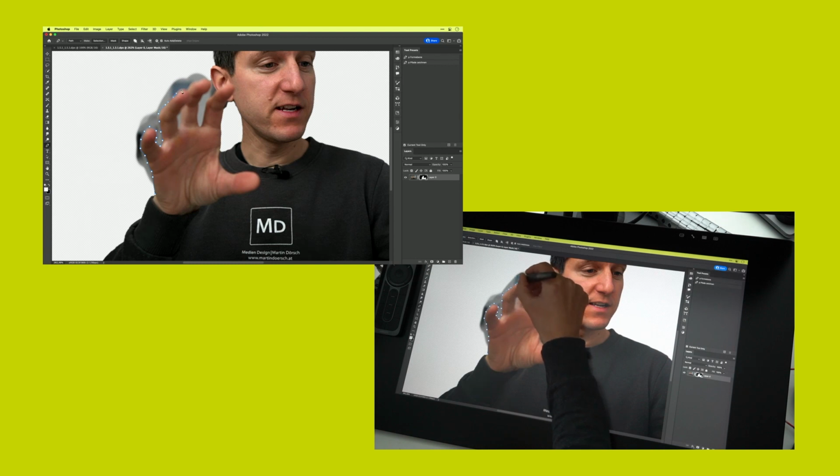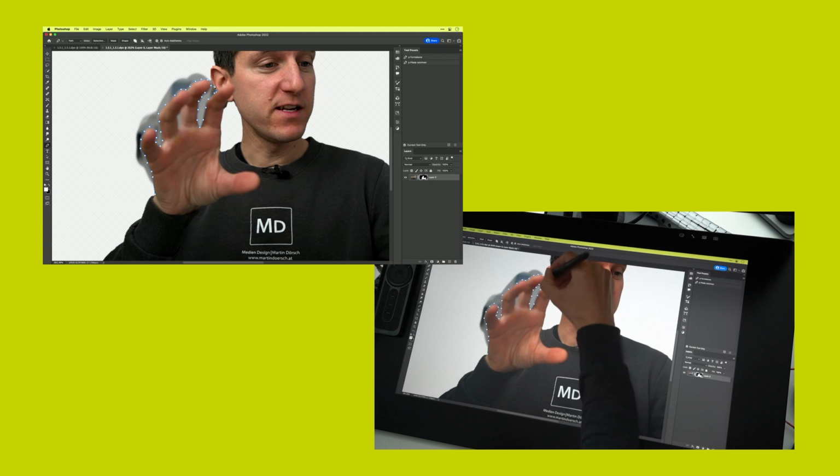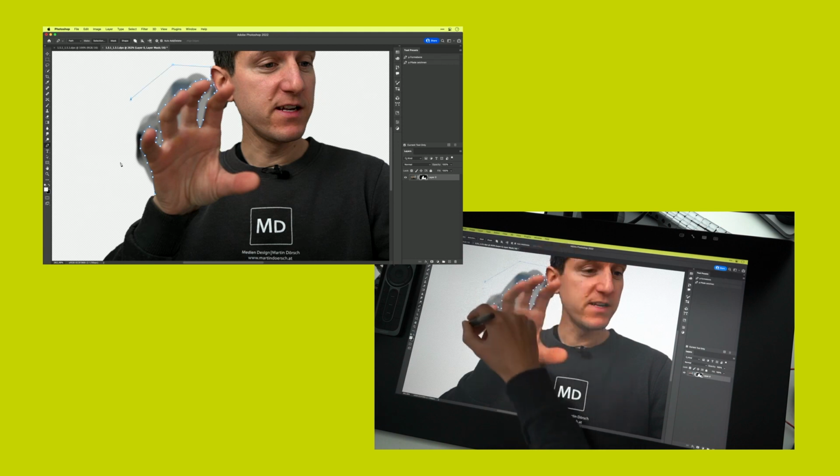And you see that the edge is a soft edge because the frame rate of the video was so that it's now blurred, and I want to preserve the blurring. So go around like this, then press Command and Enter, and I have this as a